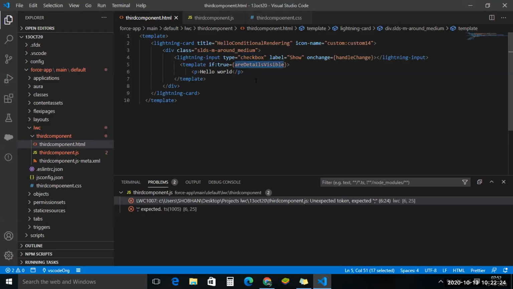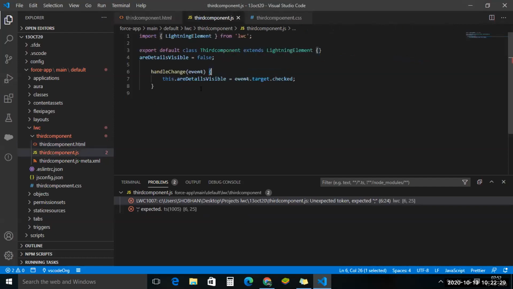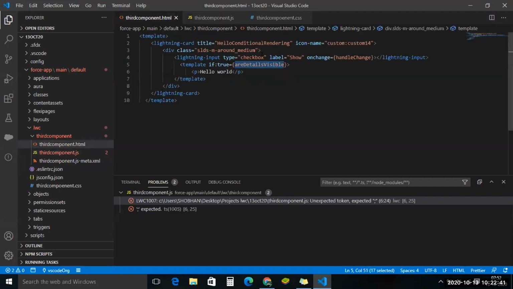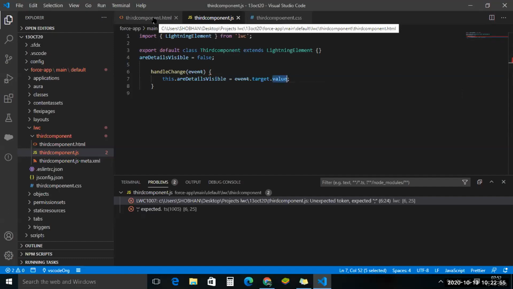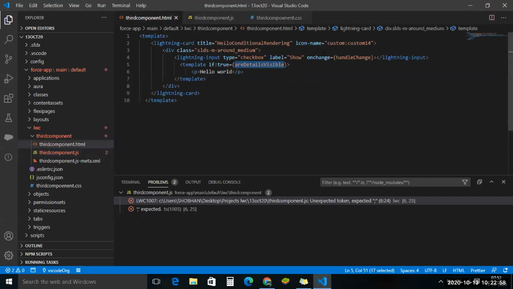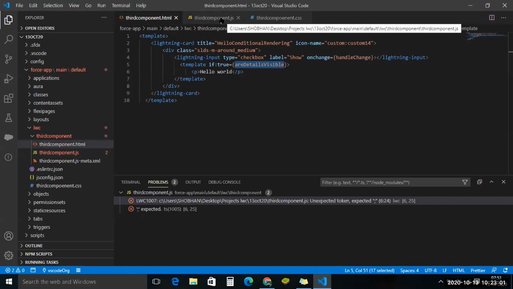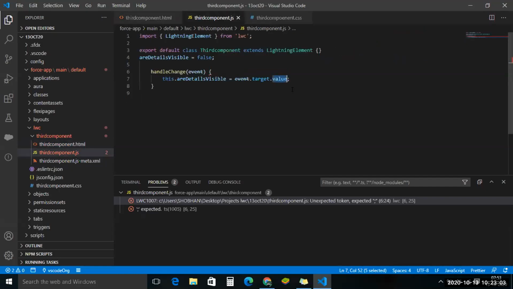Third component, JS. There's a problem with the JS file. Go to the JS file. Event dot target dot value it should be, right? But here it is the checkbox, right? It should be checked. I think whenever we print a value, we might be using this.